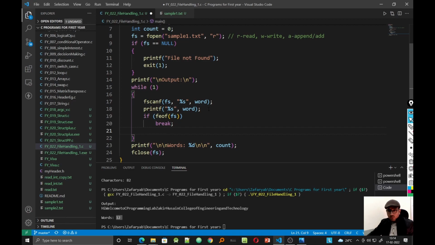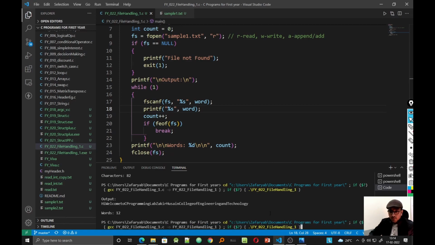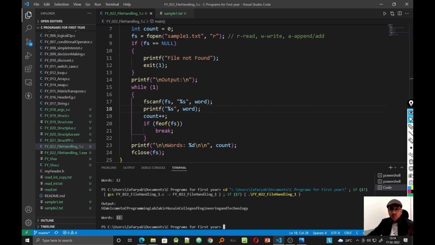If I remove it from here and I count first and then I check for the condition, in that case, it should give me the correct output. Yeah. So now I'm getting the words to be 13. So that was a mistake on my part. Now I'll be counting first, and then I'll be checking for the condition of whether I've reached the end of the file or not. And therefore now I'm getting the number of words that are there in the file that